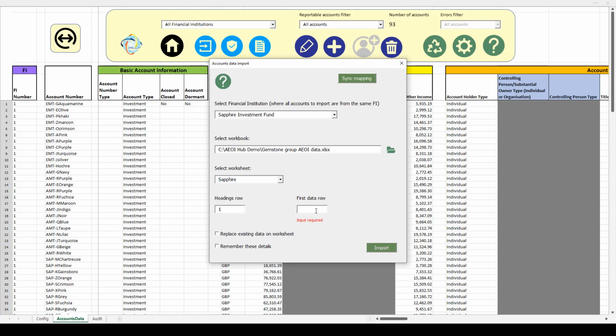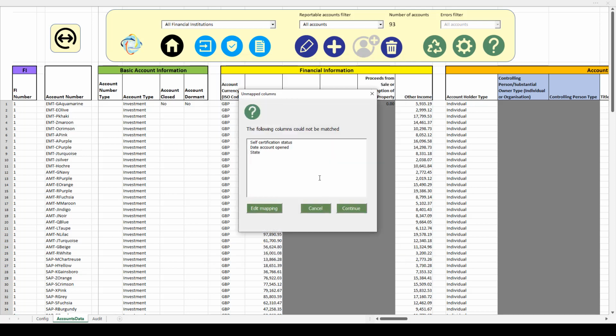Select which row in the data contains the headings, where the data starts, and click on Import. I've got some columns that don't match, but I'm happy that they're not required, so I'll click on Continue.